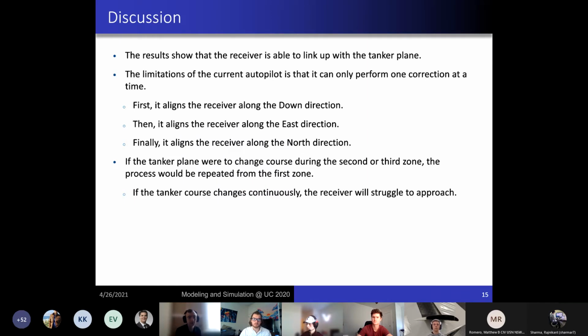All right, to discuss a little bit about what we've done, as you can see with our models there, we were able to get to link up with both an offset and without an offset. However, there are some limitations to our modeling pertaining to it does first align with altitude, then align with course, and then with velocity and position. However, if the tanker would move during that time, our model would struggle or unsuccessfully try to reach the drogue position,